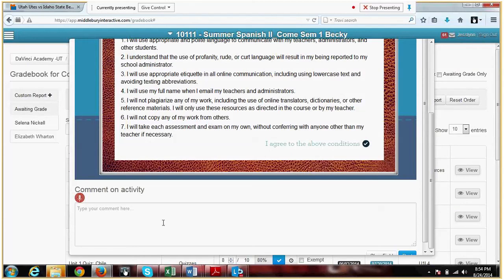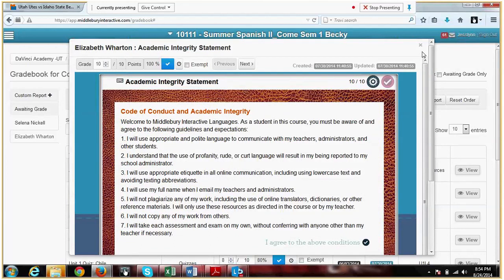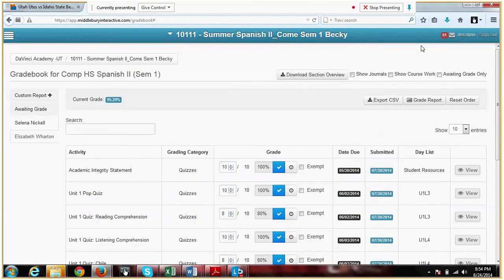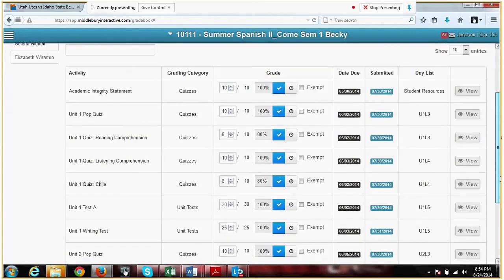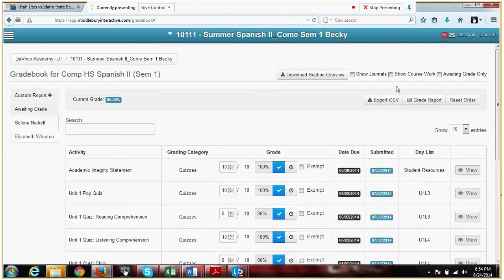So that's a big thing. A lot of teachers leave a lot of feedback, and students don't go back and look at the feedback. You need to make sure that you're going back to look at that so that you know what you did wrong and what you need to change for the next lesson. Please don't move forward in your lessons until you're reading that feedback. So you can see the category that it's in, and then once you're finished, you can hit Grade Report,